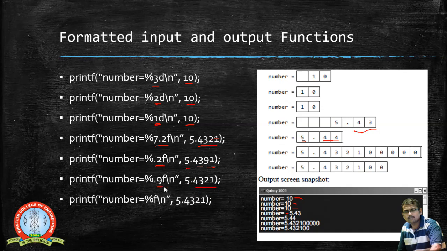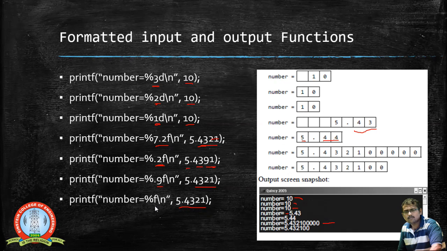So the remaining values will be padded with zeros like this, and totally after the decimal point we have 9 values, and all the 9 values after 4321 will be padded with zeros. In the next printf statement, I am going to print the value 54321.